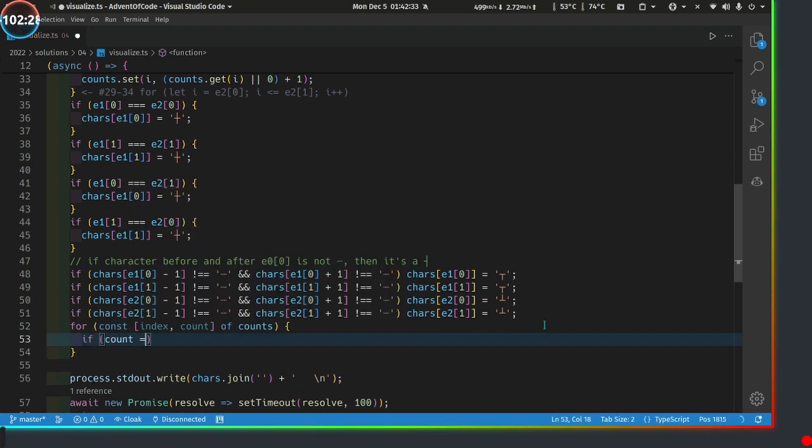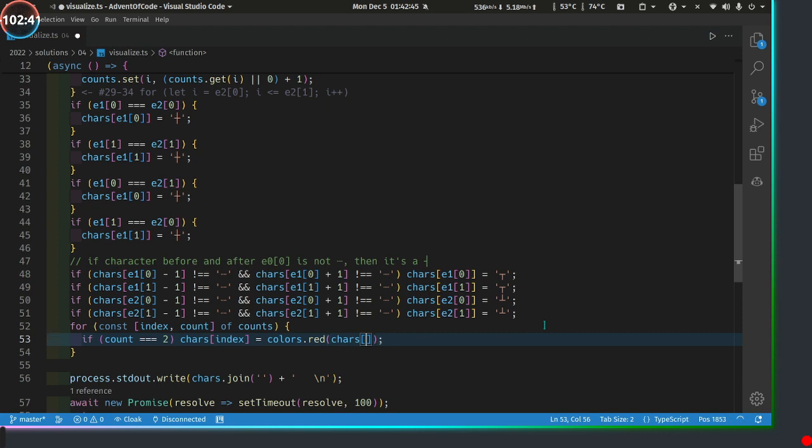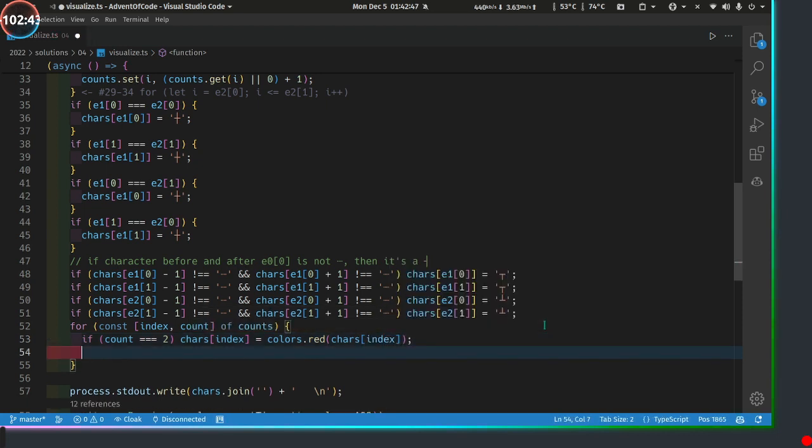If count triple equals 2, cars i equals colors dot red cars index. Otherwise, we got to figure out if index